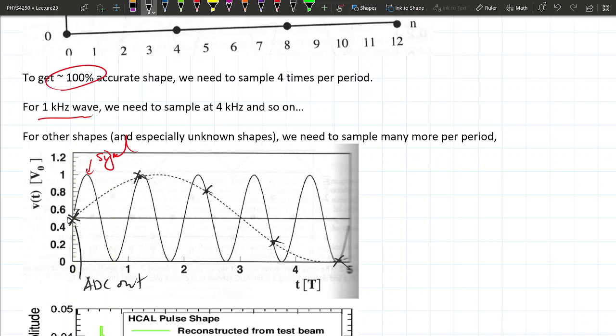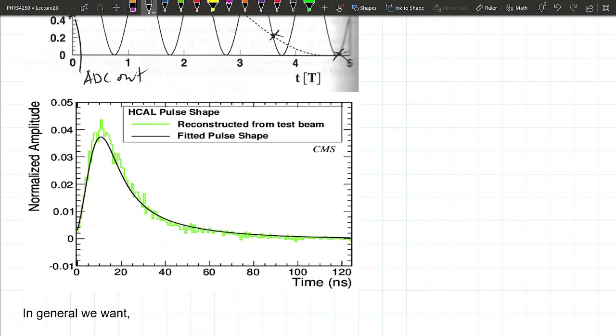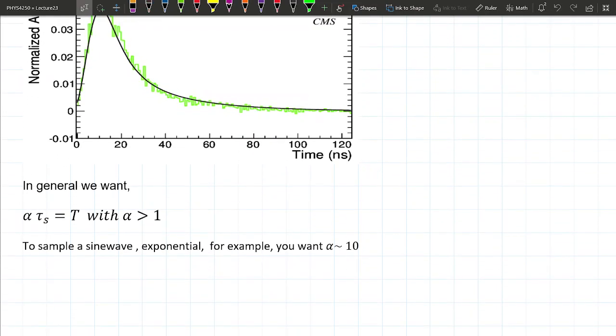Oh, okay. So in order for you to reconstruct a pulse in general, right, what people usually use is they have this term called the sampling rate, right? So tau s, that's defined as the sampling rate, right? And then alpha is some number that's bigger than 1, right? Because in the example I had before, we just had this alpha in the bottom, right? But this just removes the fraction of it, okay? And this is the period, basically the time of the pulse,